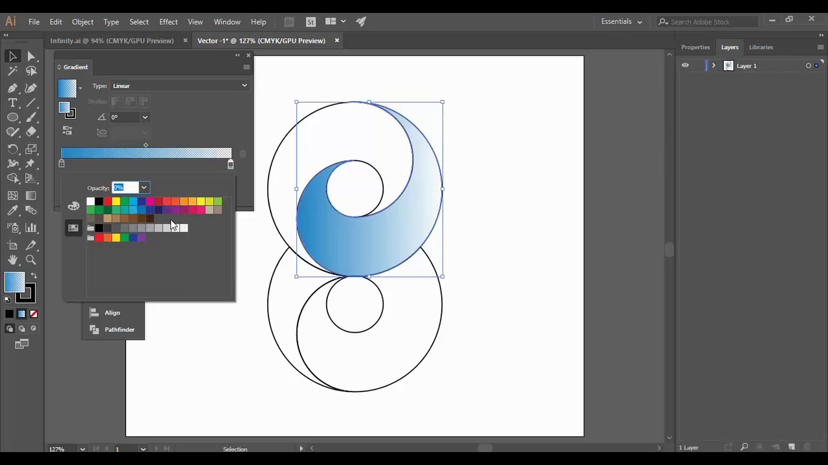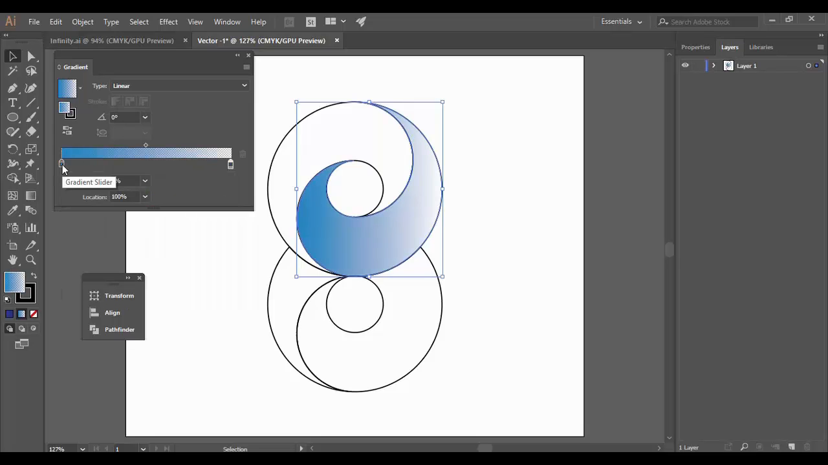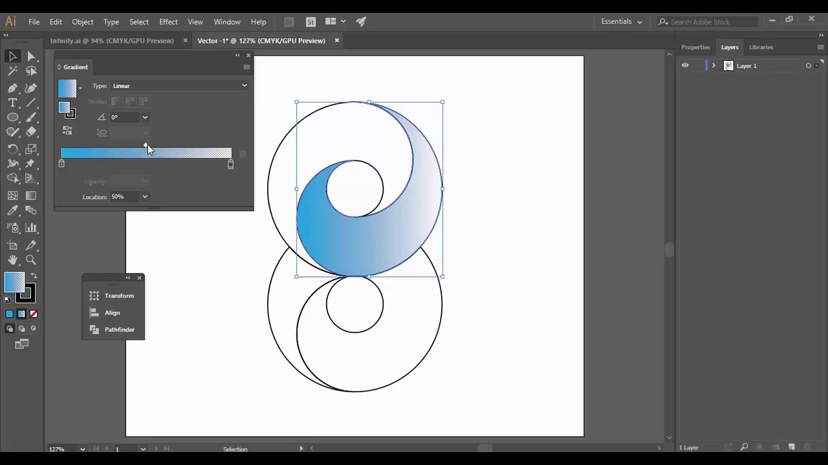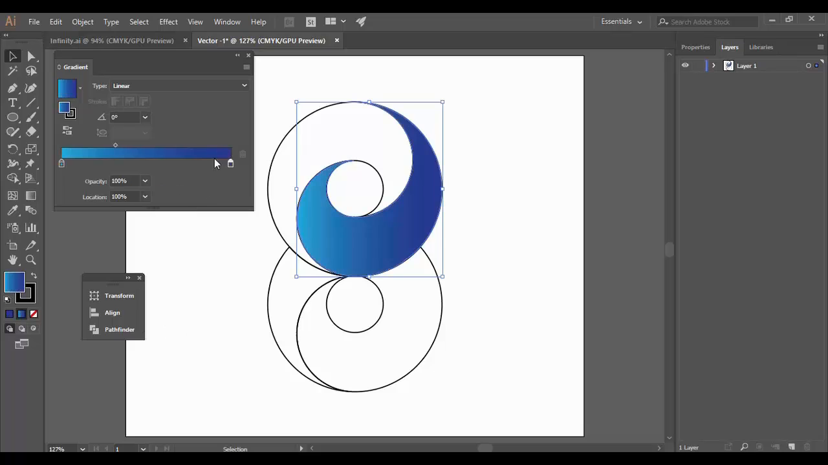The sample vector that I showed had the shades of green, so this time I'm going to use the shades of blue. This dark blue, now this is what I have got, and if you want you can just adjust your gradient slider like this,